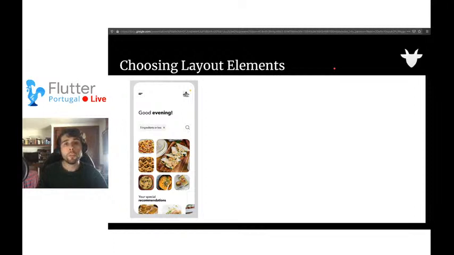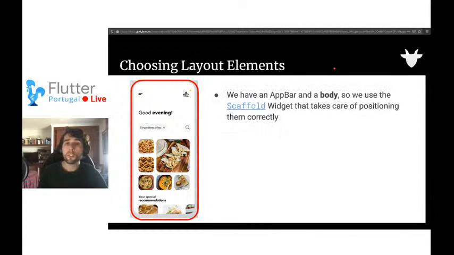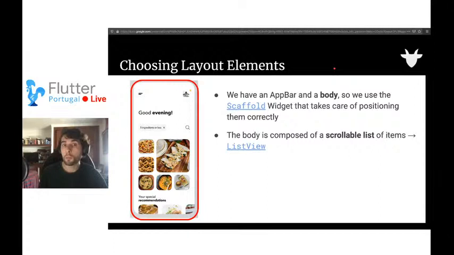We move on to the home page, and in a home page, the first widget that we'll have is a scaffold. The scaffold widget allows us to have an up bar and a body for our widgets. Basically, it is a convenient widget that positions certain widgets on the screen, such as, for example, the up bar, the bottom bar, the floating action button, and the body. In this case, the body is going to be composed of a list of scrollable items, so we can use